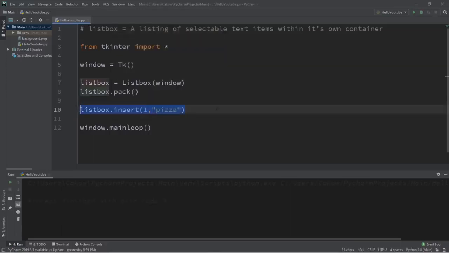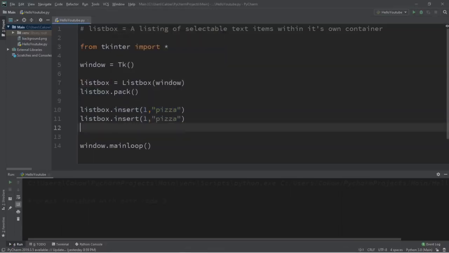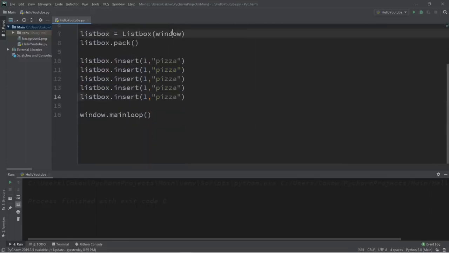So let's add a few other items for our menu. So let's say we'll have 5 items. And we need an index for each. So 1, 2, 3, 4, and 5. So we have pizza for the first item. For the second item, let's have pasta. And third,